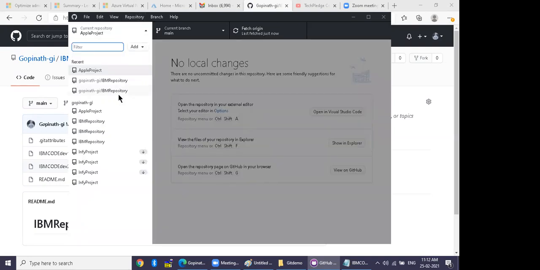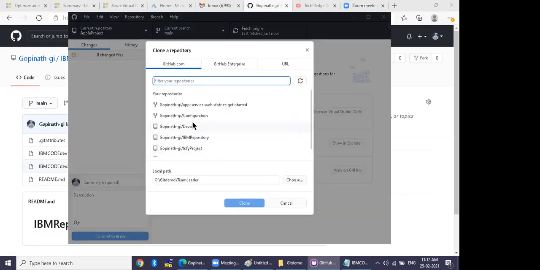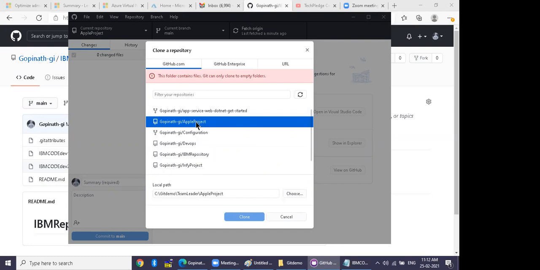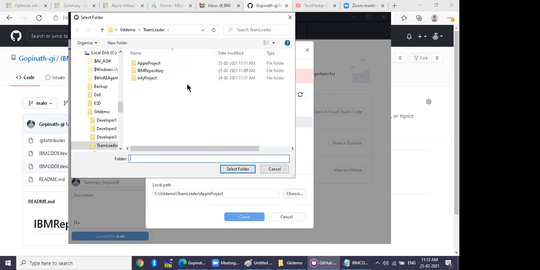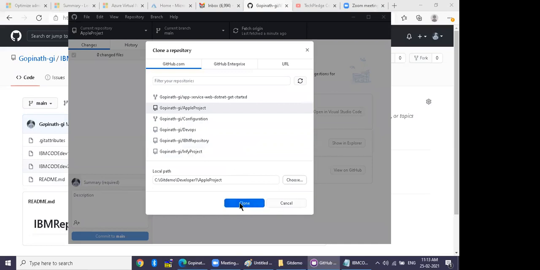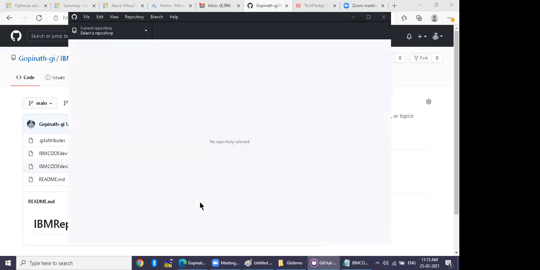So go to the file menu and click clone. You have to refresh. And now you also have to create your branch.